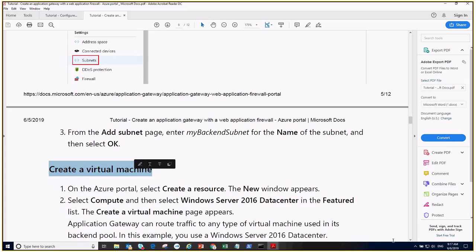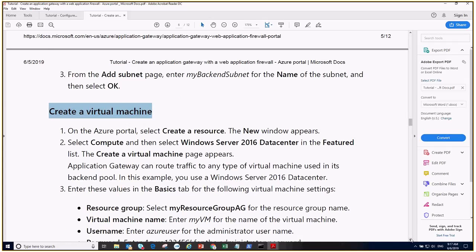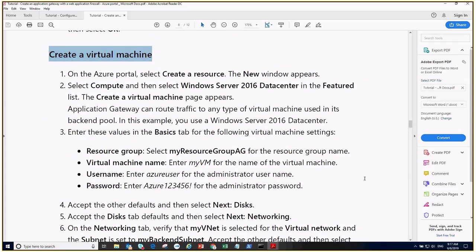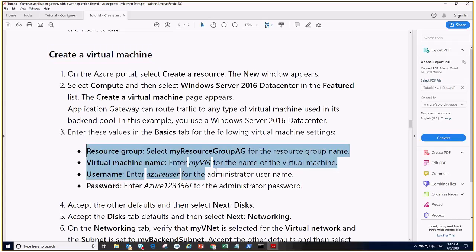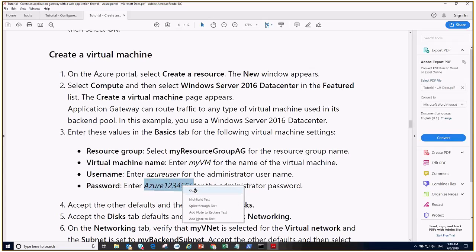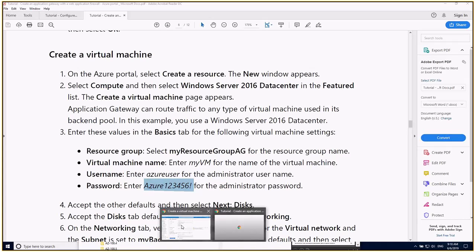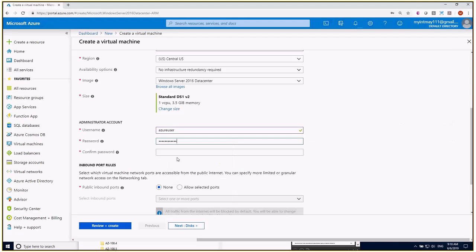So this is where I'm going in. I'm going to create a virtual machine. And here we need to create two different virtual machines. So this is where I'm at, just to make sure you guys know where I'm at. And this is the password we need to use for that user, okay? So this is where we're at. Go back to the portal. So password,